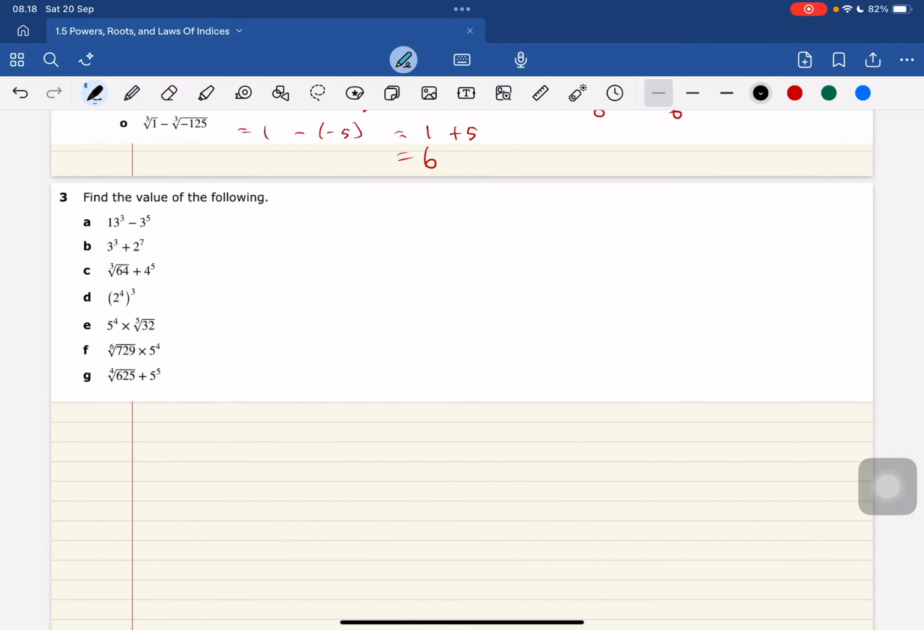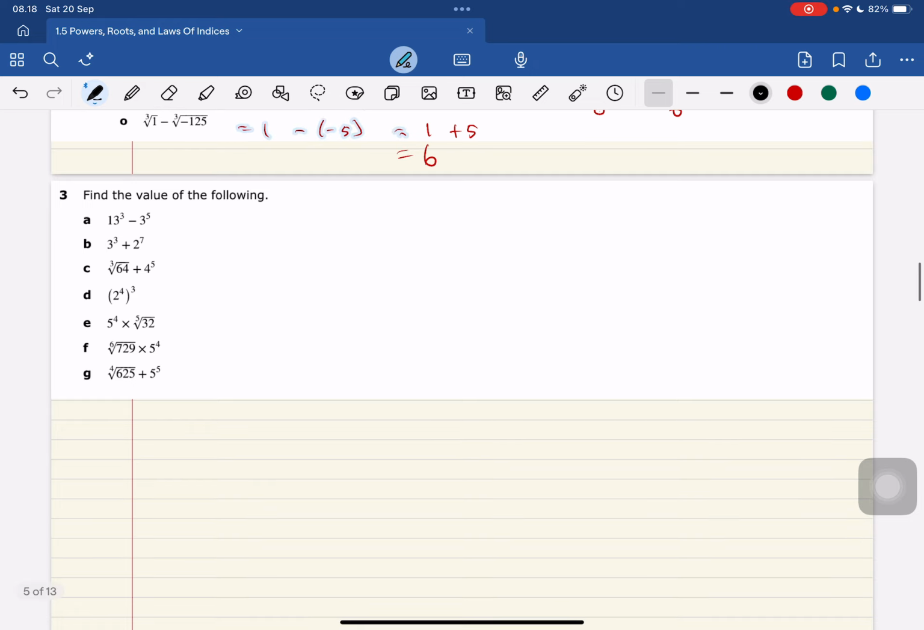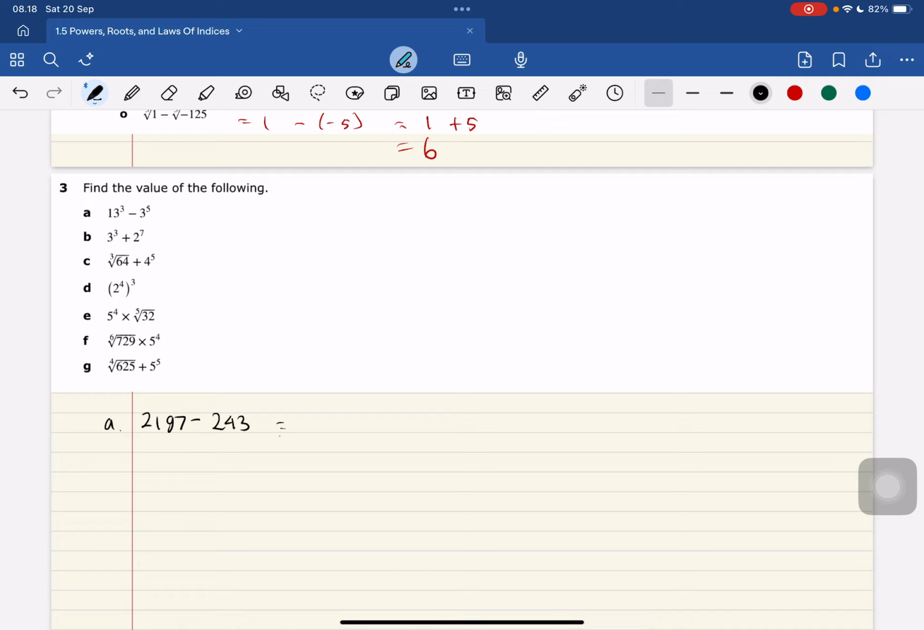So let's start. 13 squared. Okay, this is A. 13 squared is 169, and then 3 to the power of 5 is gonna be 243. So let's check it again. 13. Oh, not 13 squared, 13 cubed. Sorry, let's change it. 13 cubed is 2197. So let us minus it with 243 is equal to